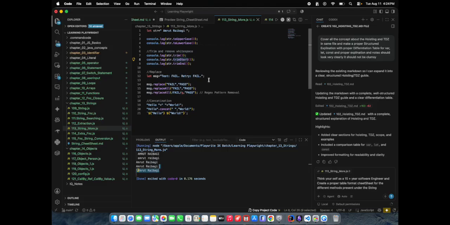Here we have replace also. Basically, if you have a string as message, test fails dot retry fails, and you want to replace fails with pass, then you can use this one. But is it case sensitive or not? What do you think, guys?